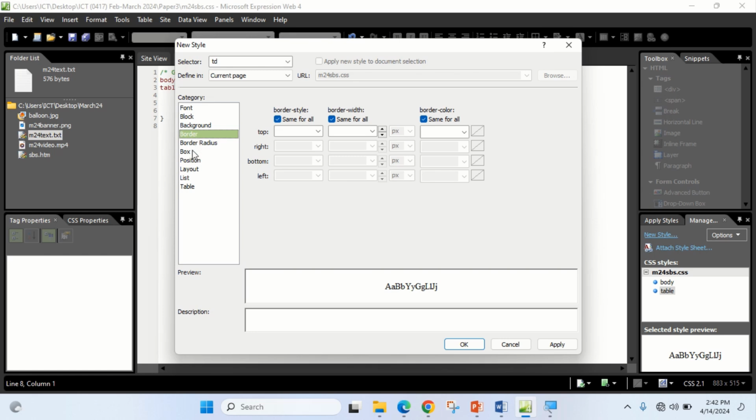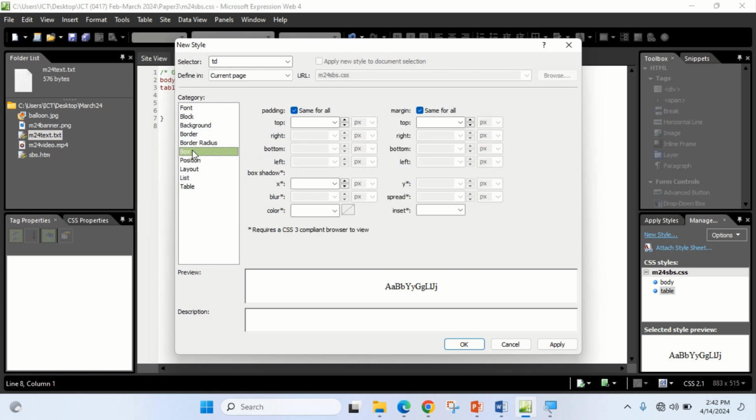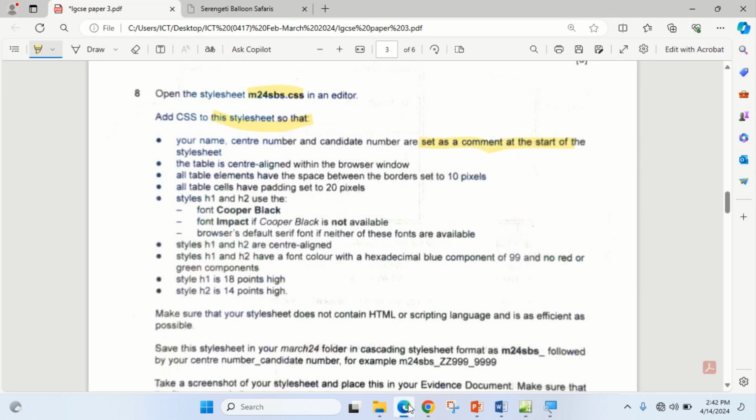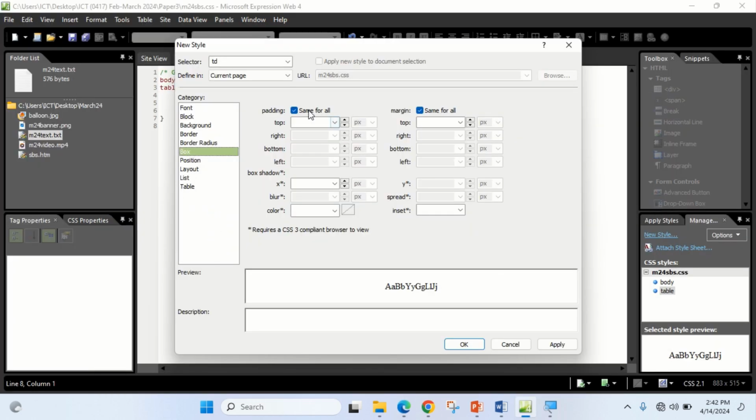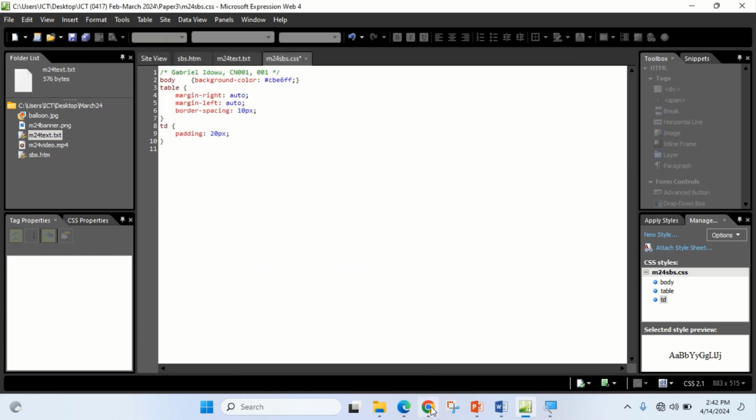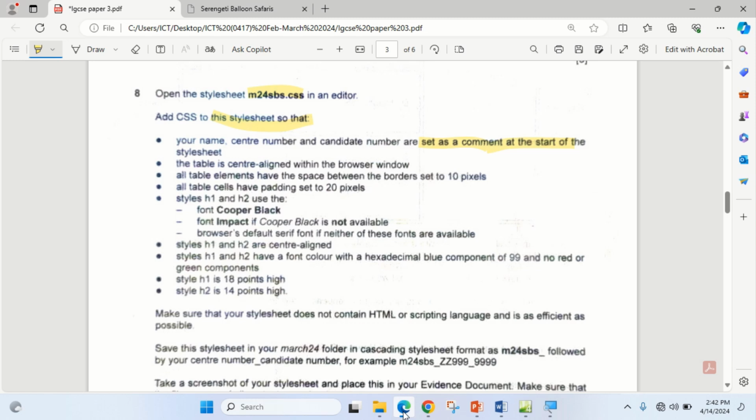Let's see, padding, box. And that is set to 20 pixels. All table cells, all. So that will be 20 pixels because this affects all. I say apply and I say okay, good. Then the next one is